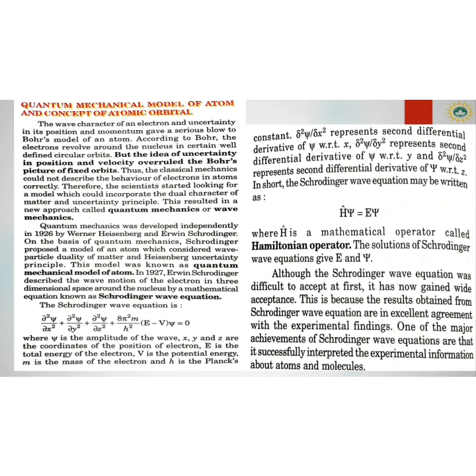Energy, times psi, that is wave function. Any wave function is equal to always zero, where psi is equal to amplitude of wave, x, y, z are the coordinates of the position of the electrons, E is the total energy of the electrons, V is the potential energy, M is the mass of electrons, H is the Planck's constant, and d squared psi by dx squared, the double differential of psi by dx square, this is partial differential form, represents second derivative of psi with respect to x,